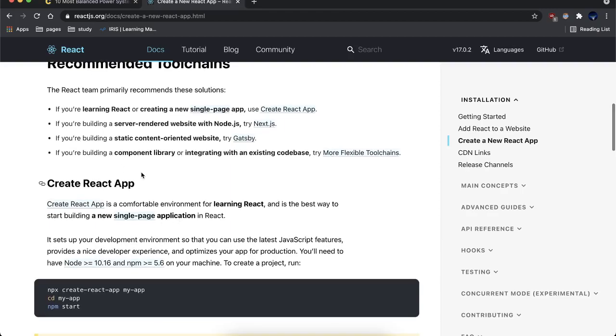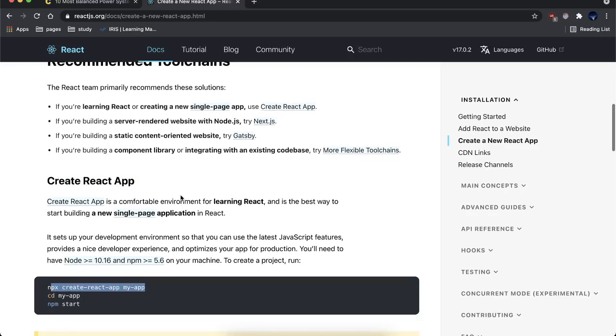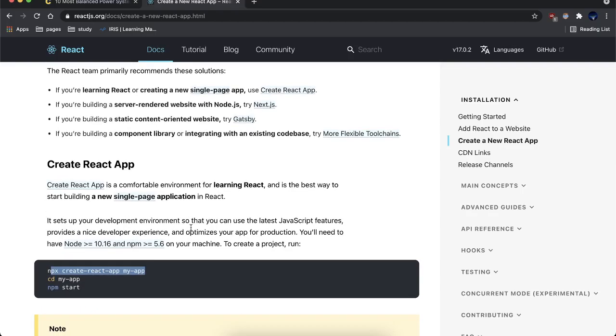Create-react-app is nothing but an npm library provided by the React.js team to get started with a project just by writing a small command like npx create-react-app. It is recommended that you have at least Node version more than 10.16 and npm version more than 5.6. So